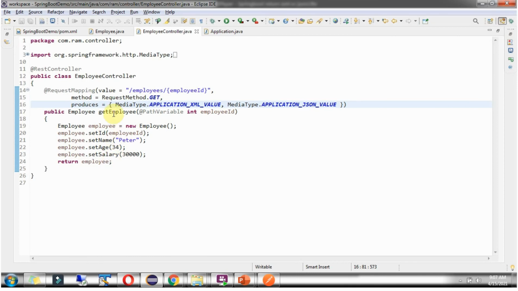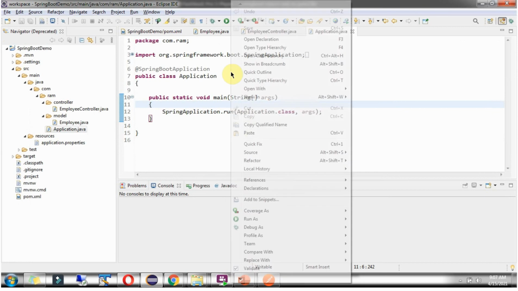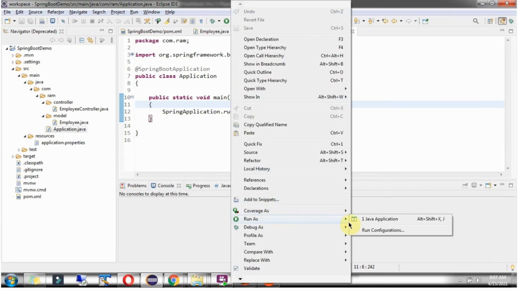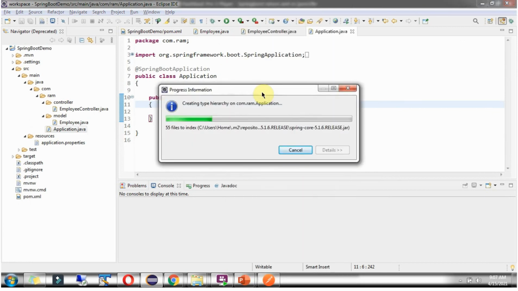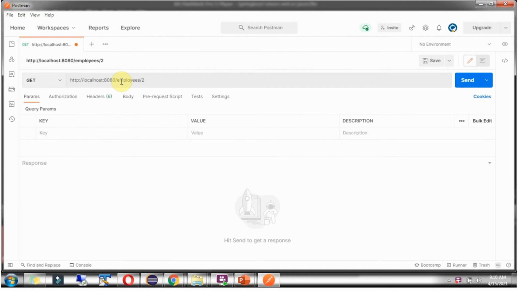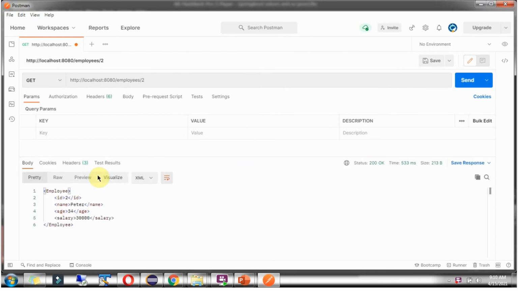To call this method, we have to send a request to this URI, and the HTTP method should be GET. This method can produce either XML output or JSON output. Now I am going to run this Spring Boot application. Now I am going to send a request to this URL, and the HTTP method is GET, and by default it returns